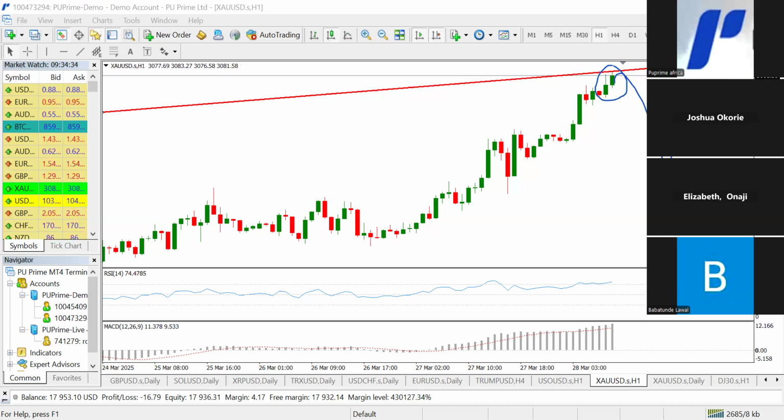And two ways we can cite that: possibly we have a candle, maybe a rejection candle, or a chart pattern. Those are two things we can look at that will help us know that price will eventually reverse on gold. So for now, we are just not clear as to what gold is doing. We need to exercise patience to know the next move of gold.